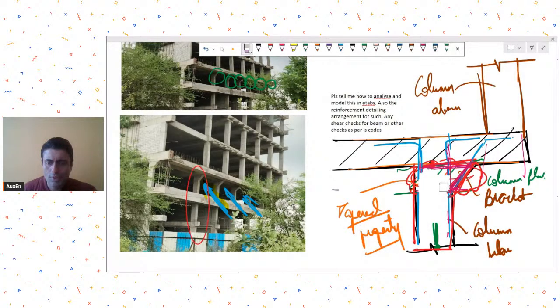So in this portion, you can have your regular column reinforcement detailing. That is one option. Then in this portion, you have your bracket type of detailing. You can have stirrups made and a regular bracket type of arrangement, or